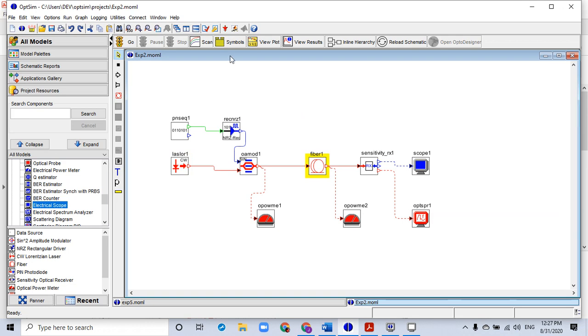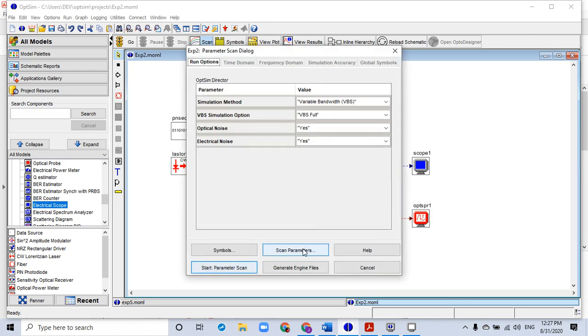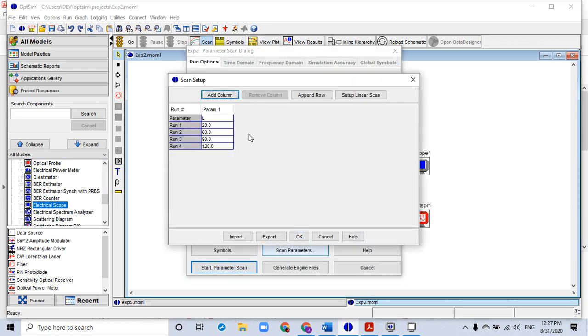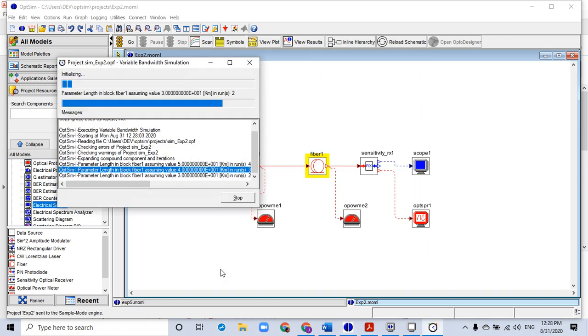Now one more thing, just to change, okay, the length of the fiber can also be changed, the values of this parametric scan can be changed. So let's just go and change the value to get a better eye diagram, right? So go to scan parameters, and now we can change the values to say 10. If we keep a lower length, I guess the diagrams will be better. Eye diagrams will be clearly visible. The opening will be clearly visible. So let's just restrict ourselves to the length from 10 to 50. So it can be changed on the go. Again simulate it.